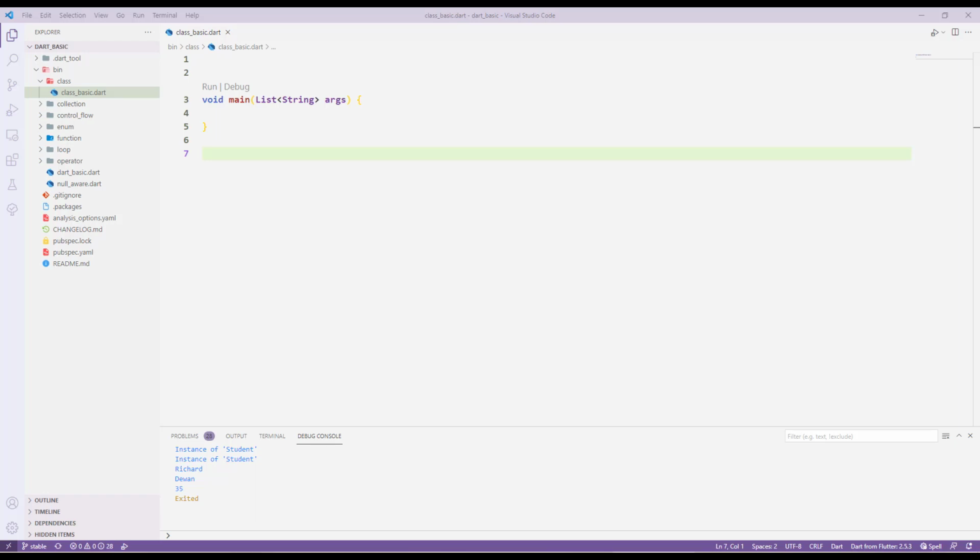Let us learn about the classes and the objects in the Dart programming language. And that is basically object-oriented programming, but it also supports functional programming. So classes and objects come from object-oriented programming. So let us go and create and learn some of the basic concepts about the classes in the Dart programming